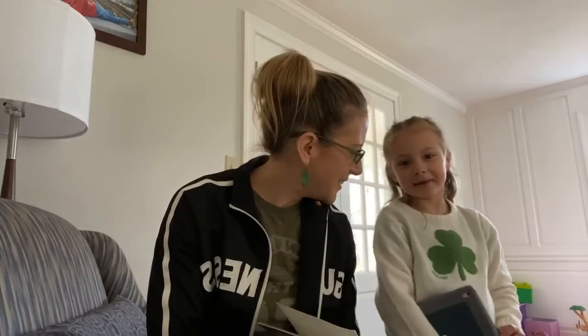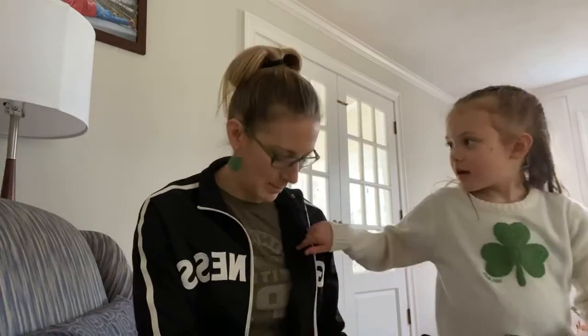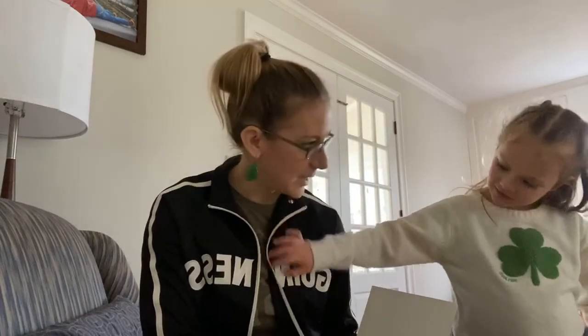Unfortunately, I don't have my cute assistants helping me now because Evie has gone up for a nap, although Big Sister's dropping in before she goes and does some coloring. Hello. Hi. Do you have your shamrock? Yes, I do. If you can see it on my shirt. And I'm wearing some green, and some harps. Green earrings. My Guinness gear. And her green glasses. She has very green. Another one of these that are red. And her green this, and then this says Guinness, which kind of works for